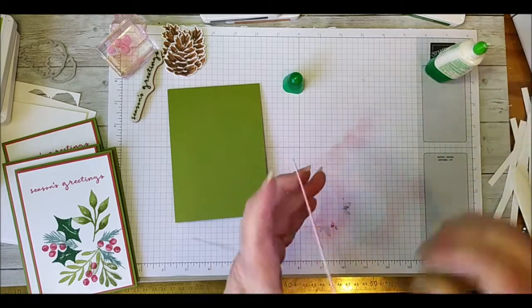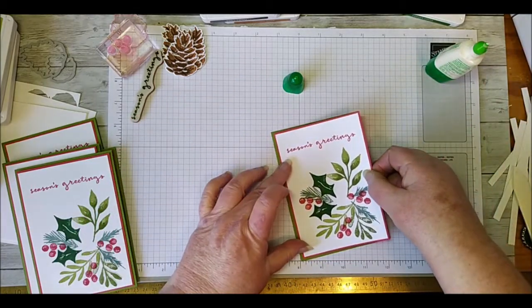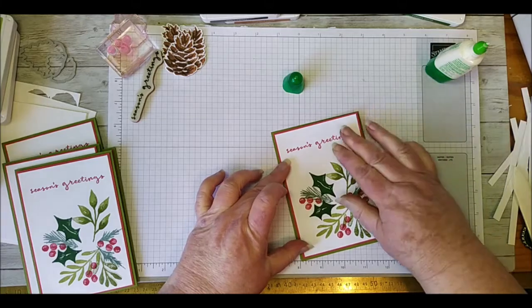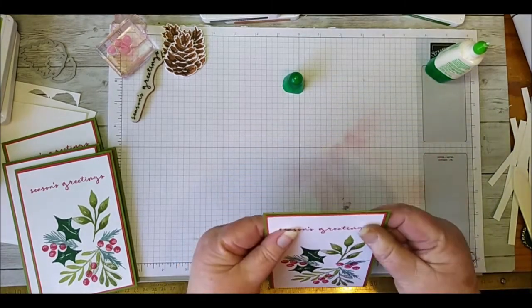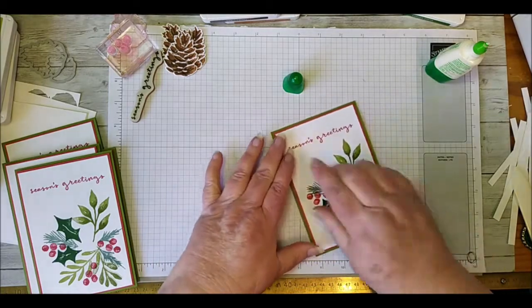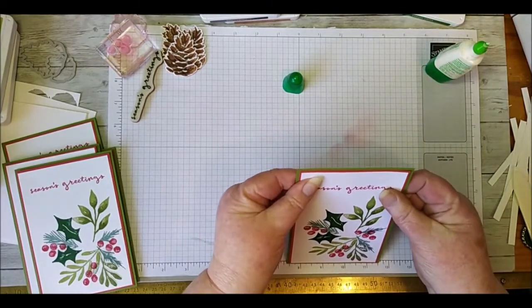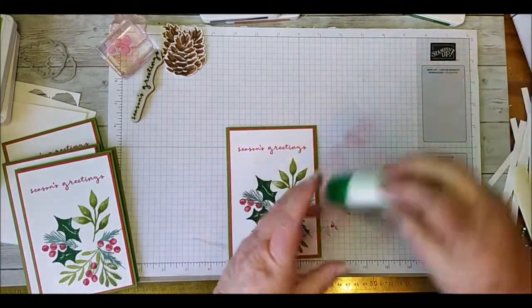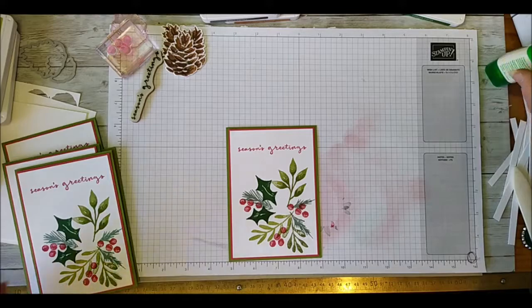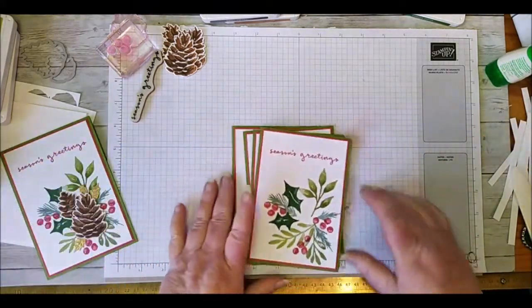Now I haven't done it this time, but you could also make an insert piece from your basic white to pop on the inside of your card, and you could do a little bit of stamping on that too if you wished, but for today I haven't done that. Okay, so I'm happy with all of those, so let's finish decorating our cards